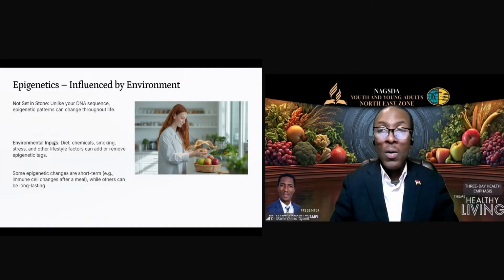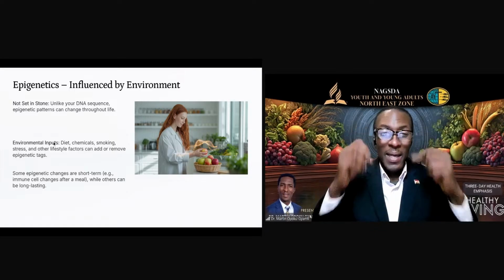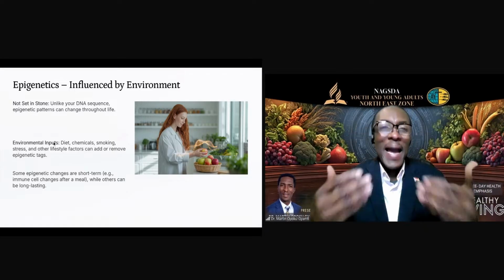And therefore, when it comes to epigenetic factors like diet, we can say that you are what your mother or father ate. You are what your mother ate. We usually say that you are what you eat. But